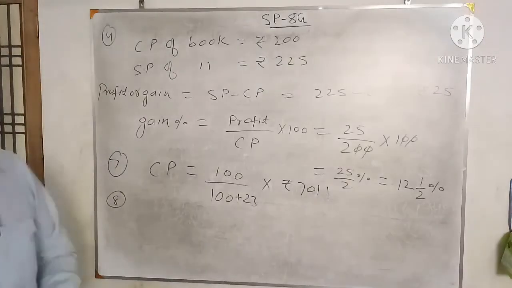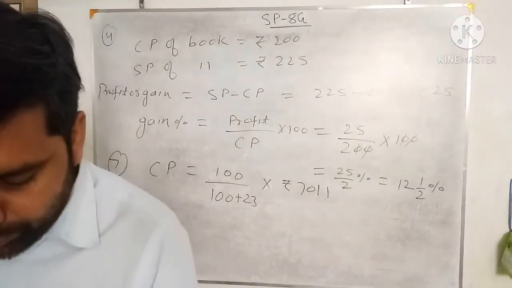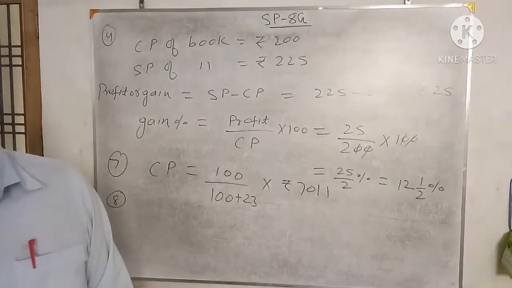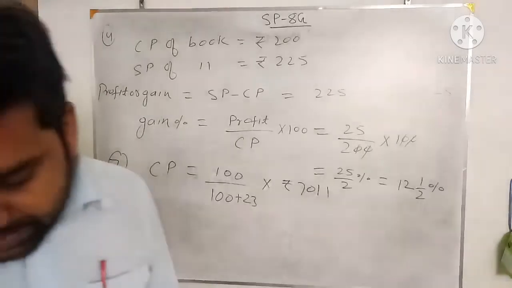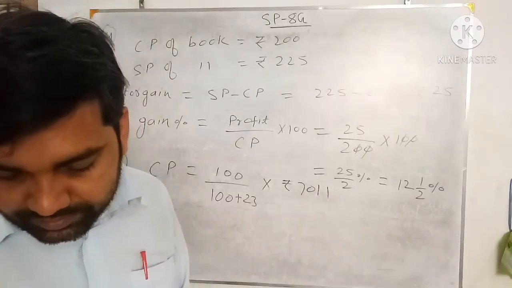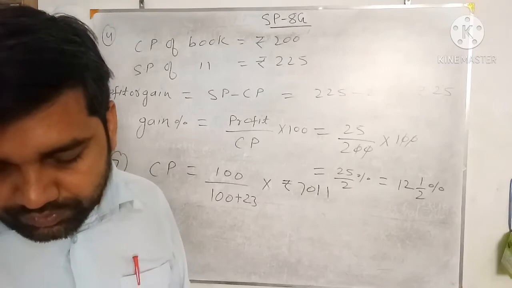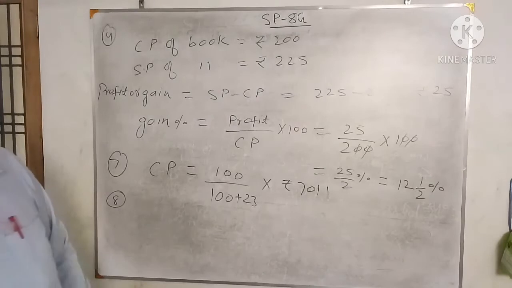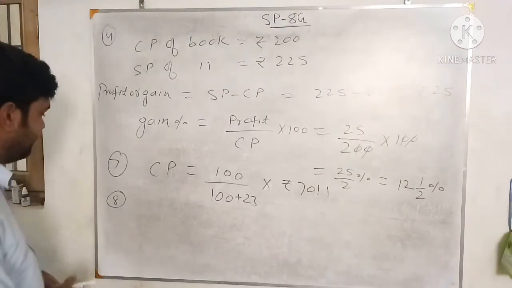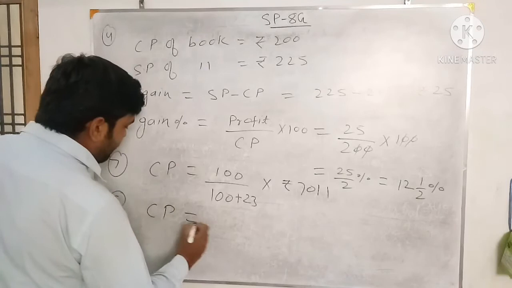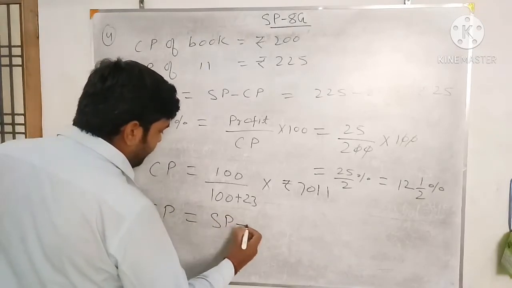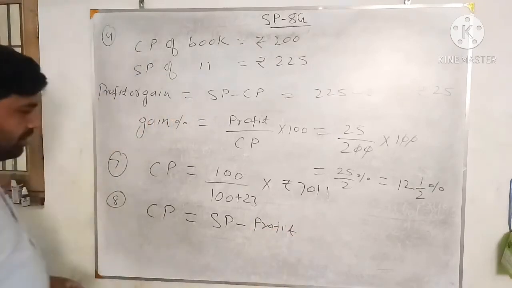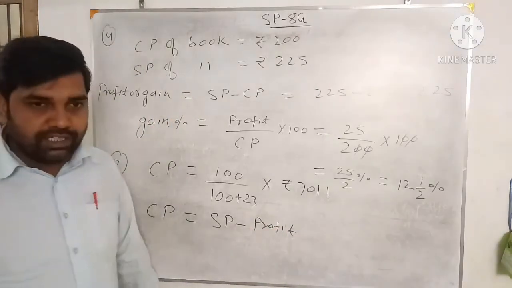Now what you have to do? By selling an article for rupees 100, a man gains 15 rupees. Find his gain percent. So here a man's gain is given and selling price is given. Cost price is not given. So first you calculate the cost price to find the profit percent, the gain percent. CP is equal to selling price minus profit, that is gain. So first you calculate the CP. So when you get the CP, then you can calculate the profit percent.